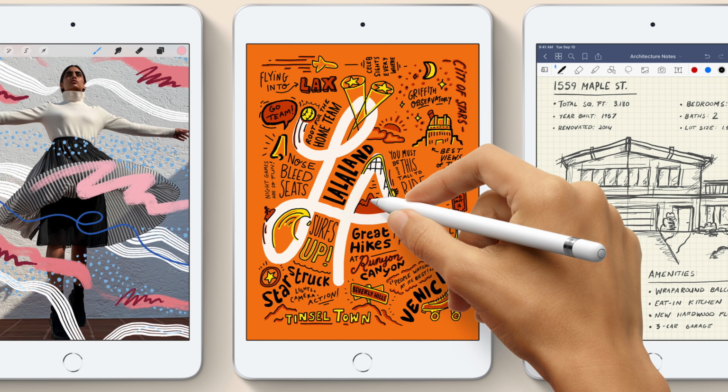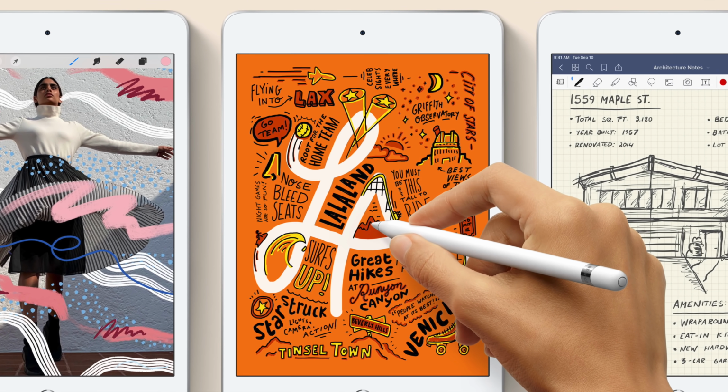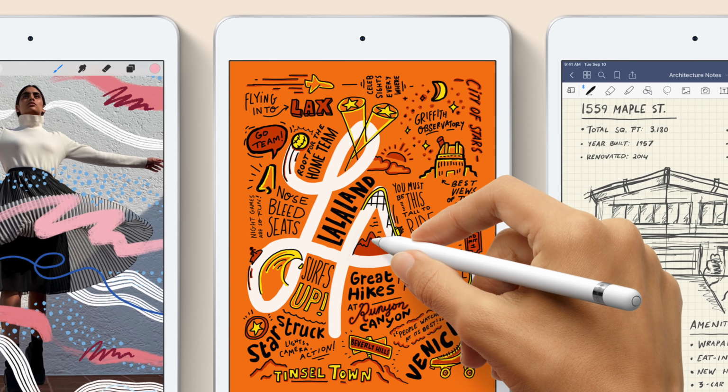It would bum me out if they just discontinued it entirely, because I do think there's an amazing market for an iPad OS device that you can hold with one hand. It's great for college students, it's great for note-taking, and I think if they really, really updated the hardware to more flagship levels of specs, it could almost be an iPhone replacement to some, and when I say some, I'm